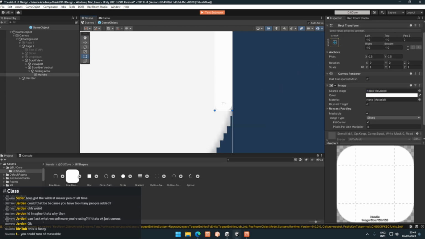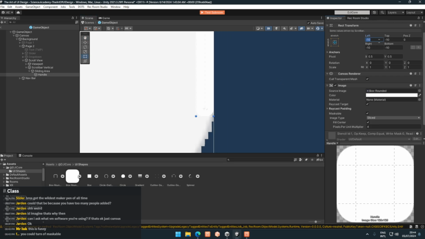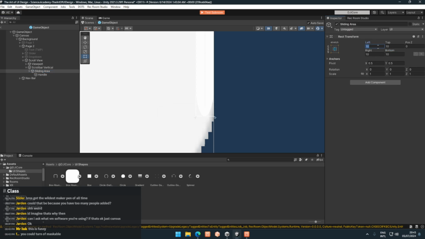Okay, and I always hate how they do this spacing. Also, always -10. I always just set it to 0. There we go. And then the sliding area, I also set it to 0. In my opinion, it just makes it a lot easier to customize. I really don't understand why they set it to that, but